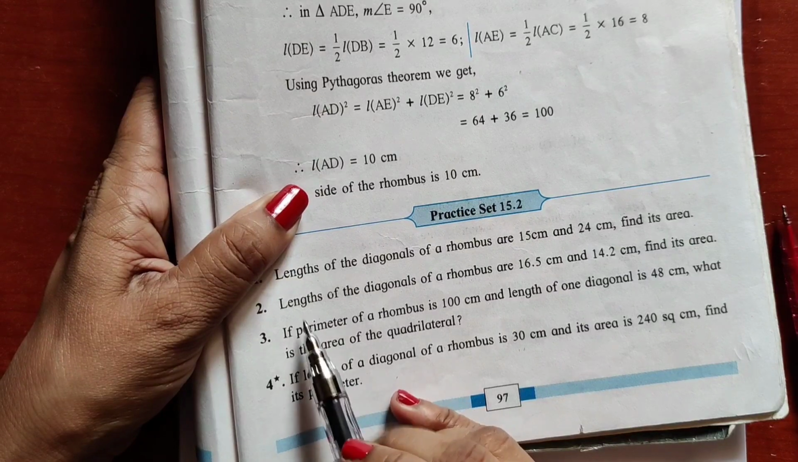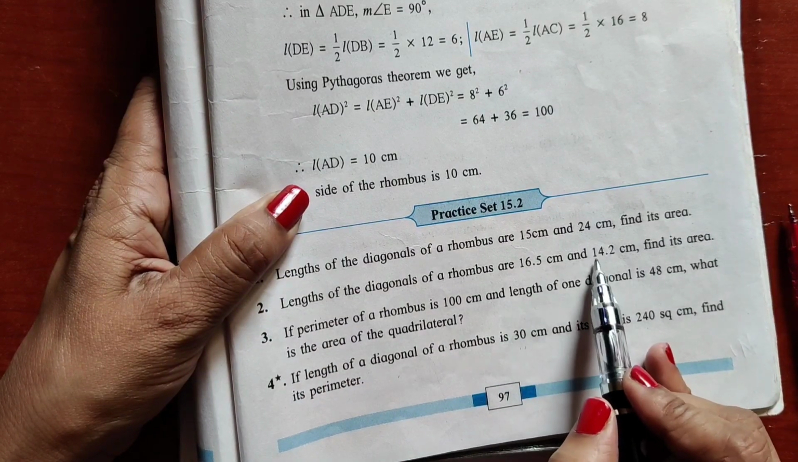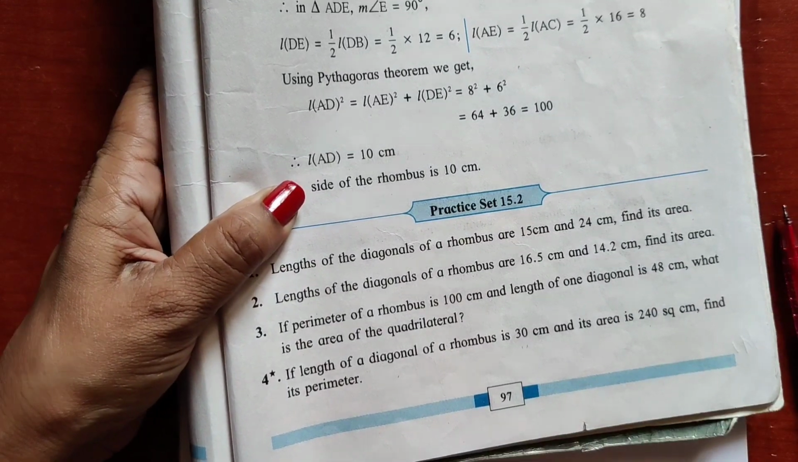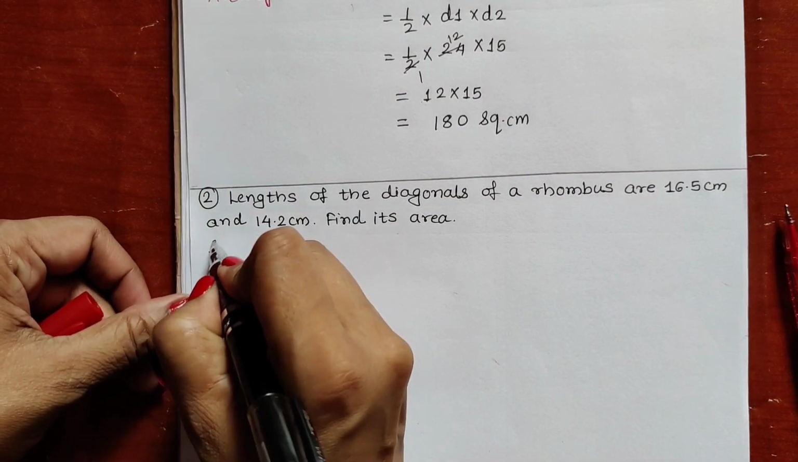Now second question is, length of diagonals of rhombus are 16.5 and 14.2 centimeter. Find its area. So two lengths are given. Let us write the solution in the similar way. Solution is